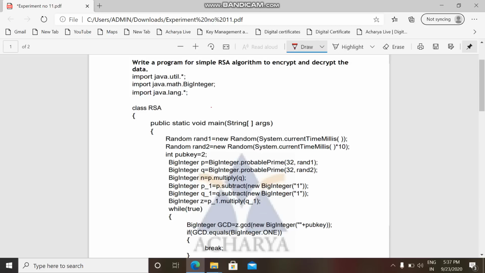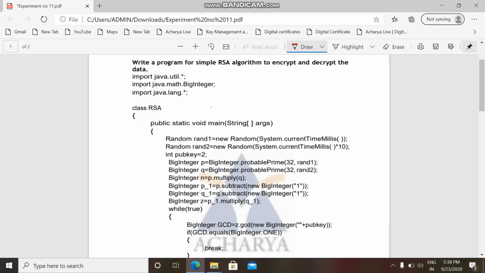If you can see, we have already created object for this and it is of 32-bit length. Similarly, you can create another prime number using this probablePrime method defined in the class BigInteger. These two prime numbers are randomly created.